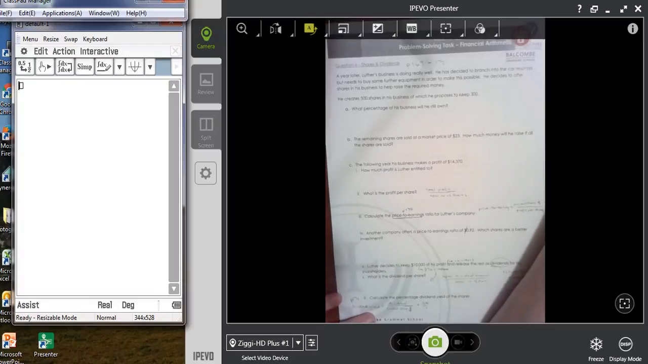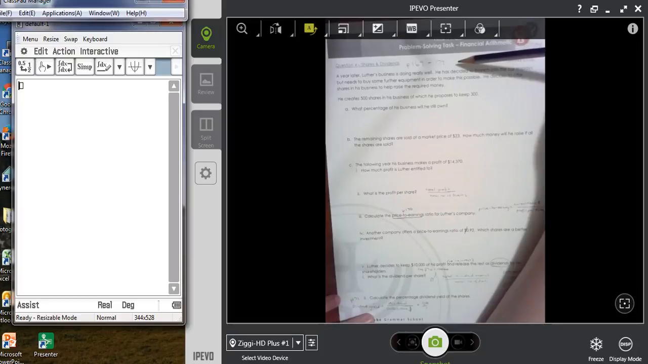Okay, question 4, you can find the information on pages 169 to 172. We're looking at shares and dividends. So he needs to raise some capital to keep his business going, to add services. So he creates 500 shares in his business